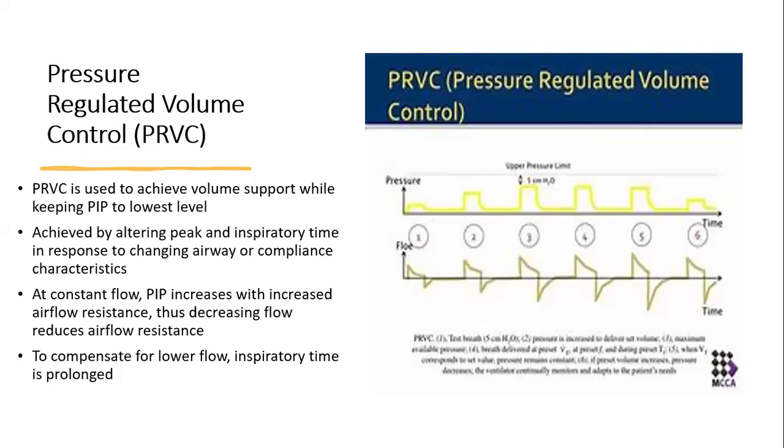If the compliance is low, it alters the peak pressure. This patient requires more pressure because the lung compliance is low. As the compliance reduces or changes, the ventilator regulates it. But at constant flow, the peak inspiratory pressure increases with increased airway resistance. Like I mentioned, there's airway resistance, and it needs more pressure. To compensate for lower flow, inspiratory time is prolonged. All right, so pressure regulated is a very